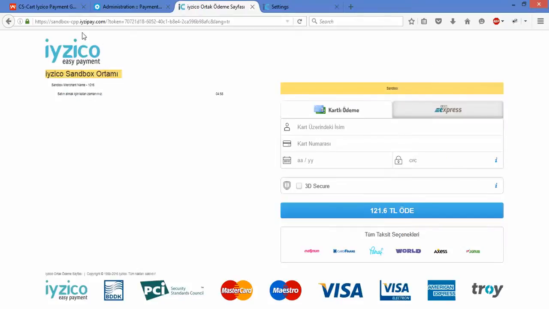Again, this will redirect you to the Sandbox EasyPay site where you need to fill up all the mandatory card details to submit your order. It is a similar form as your inline form, but as it is redirecting you outside your store, that's why EasyCo payment gateway outside has been provided. Let us now get back to the admin panel.